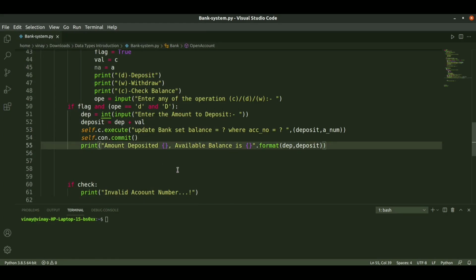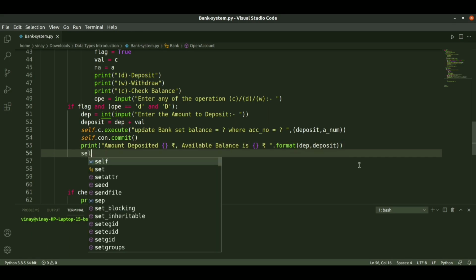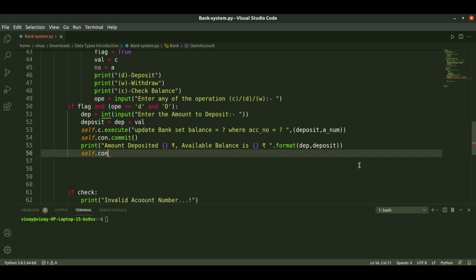We just paste it here for looking good. That's it. It's optional. So this is how we deposited the amount. We will close, self dot connection dot close.